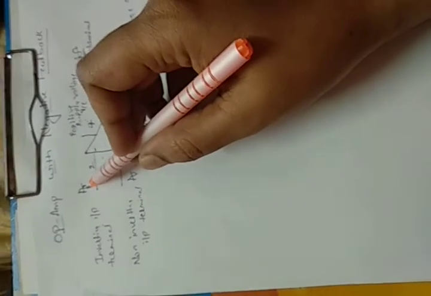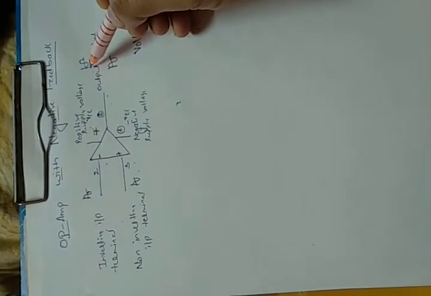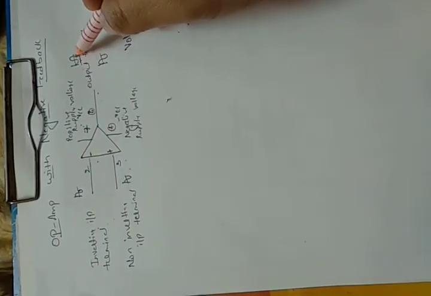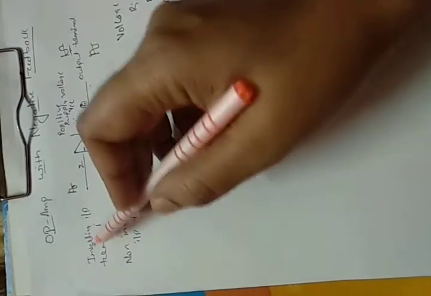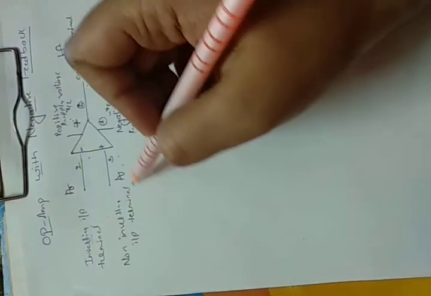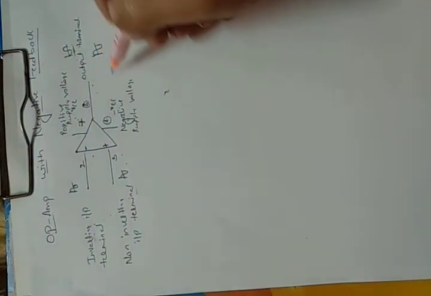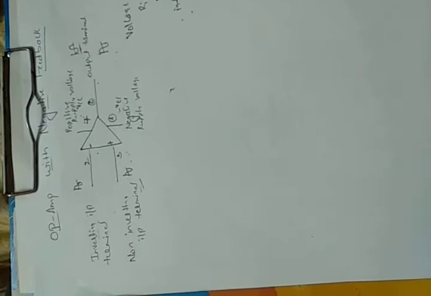When you give an input to the inverting input terminal, this results in an output with opposite polarity, that is, the relationship between input and output will be a 180-degree phase shift. The name itself says inverting input terminal. When you give input to the non-inverting terminal, you will get the output same as the input. So there is a 0-degree phase shift between the input and output if you give an input to pin number 3, that is the non-inverting input terminal.